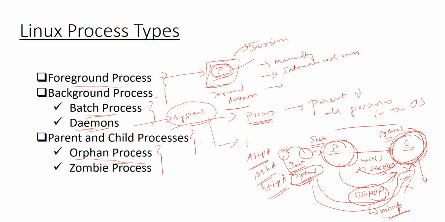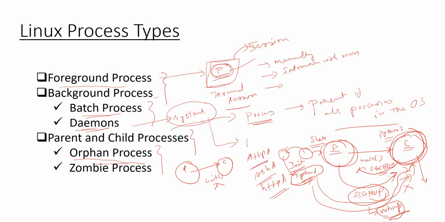So it is always advisable to use nohup if you want to run the child process even after the termination of parent process. So we also have another case. For example, we have P and C. So if child process is started from parent process P, and we don't have proper wait mechanism in